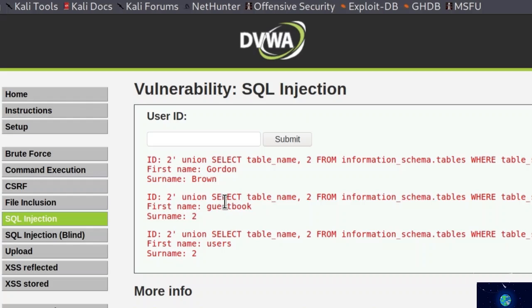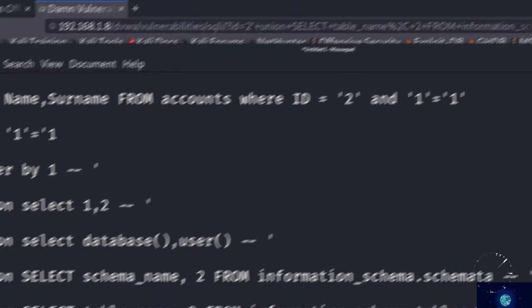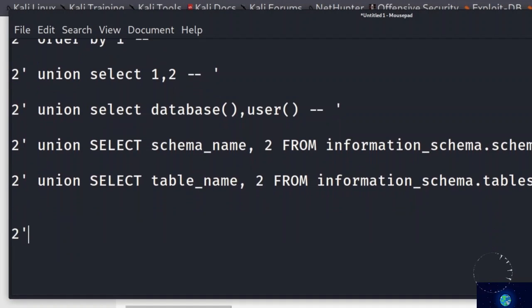So with this command we sent a query where we requested names of all the tables inside the dvwa database. We got two results, which is guestbook and users. And this users right here could be interesting for us, so let's dive deep into it. We want to extract columns inside of this users table. We can do that by injecting this command right here. So let me just make a few spaces and type the next command, which we, as usual, start with 2 and then apostrophe, union,